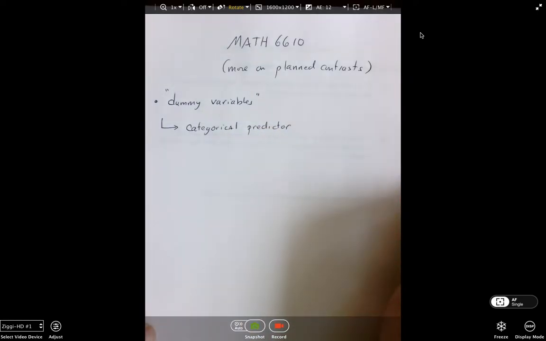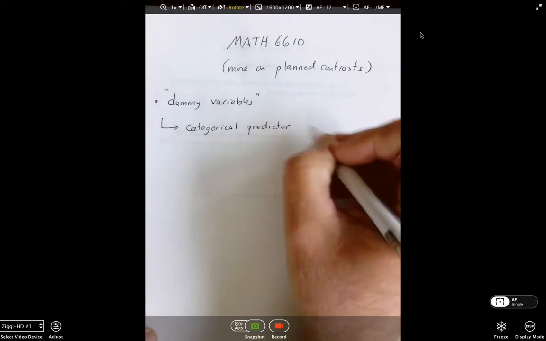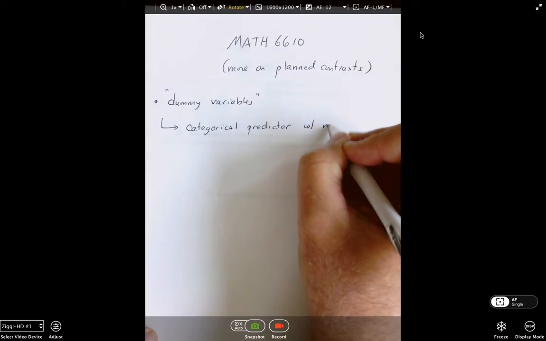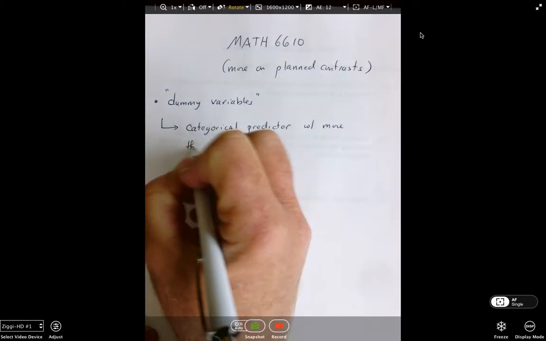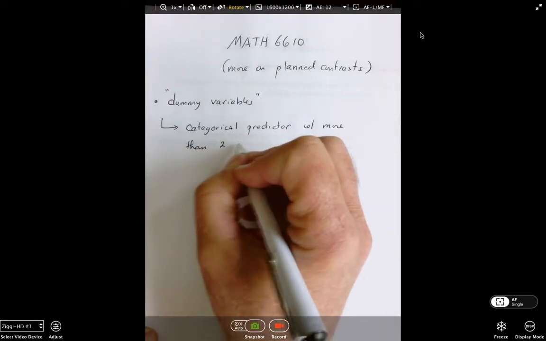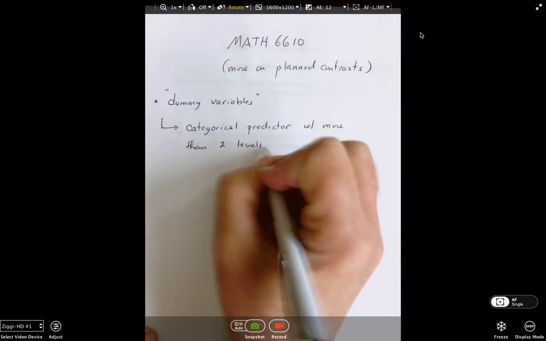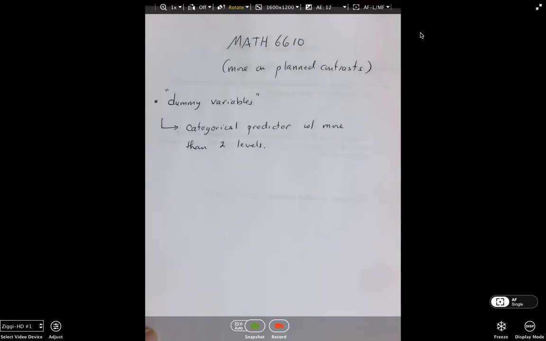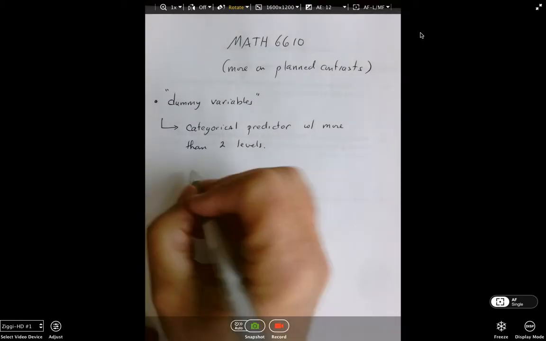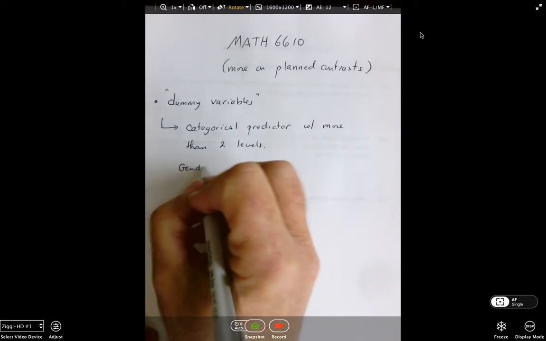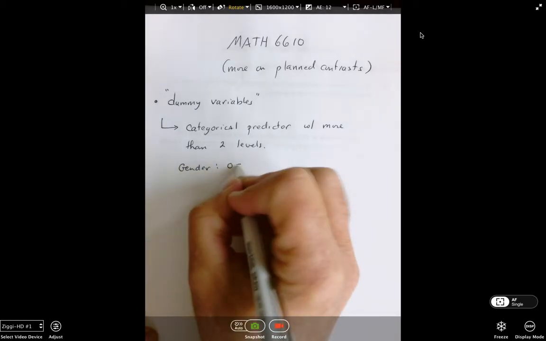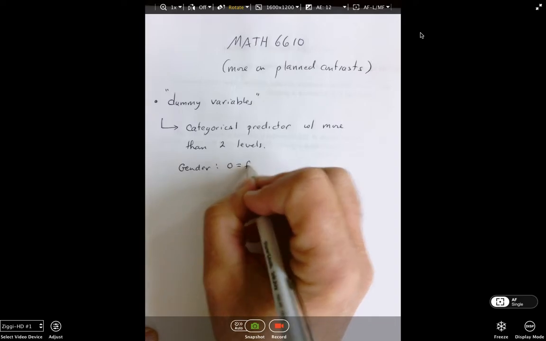So let's just examine one of them, okay? So we have a categorical predictor with more than 2 levels. Now, by definition, even if we have 2 levels, for example, gender, we still, in a sense,